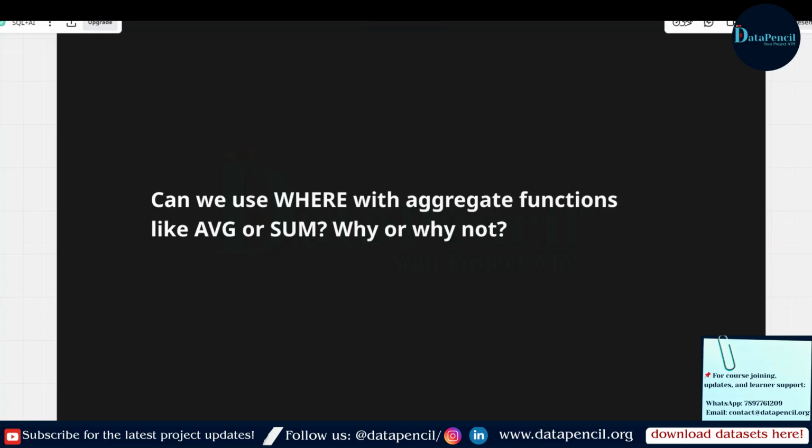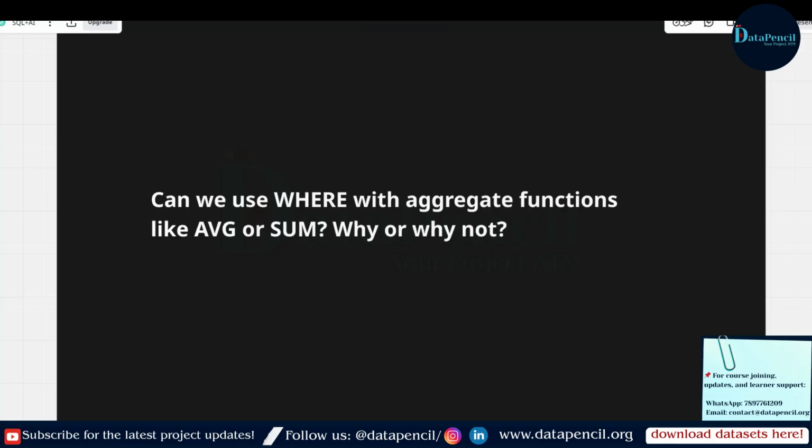Now, one very important question: can we use where with aggregate functions like average or sum? I will explain this in detail in a coming module. For now, understand that after using an aggregate function, if there is a need to filter, like show the departments where average salary is greater than 50,000, that is a further filtration.